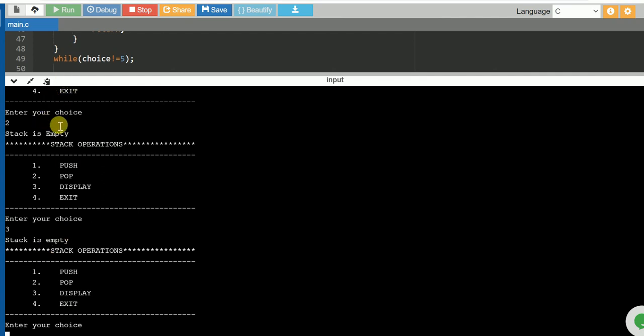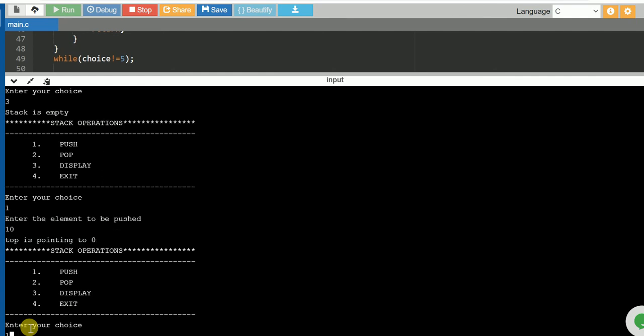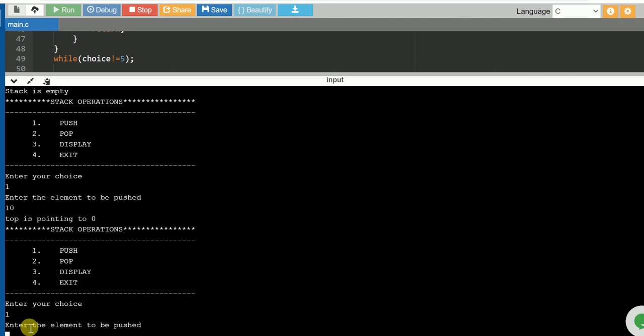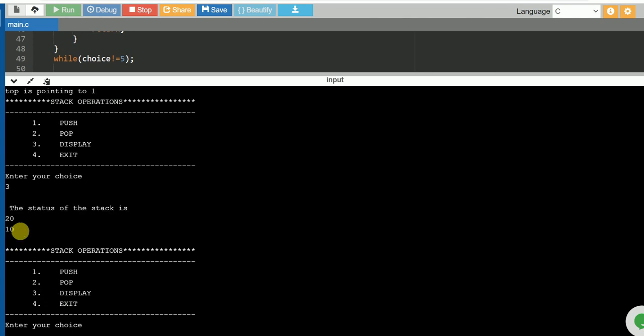Next, I'll push the element. I will push 10 and one more time I'll push 20. Now I will display, third option, 3. It will display 20 and 10. Maximum size was 2, so now if I try to push any element, it should give that stack is full.